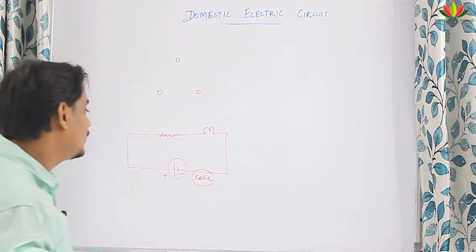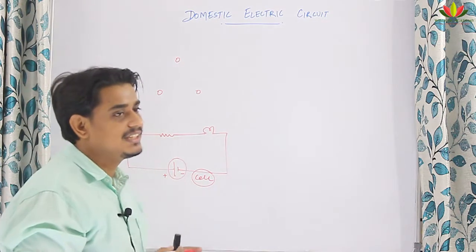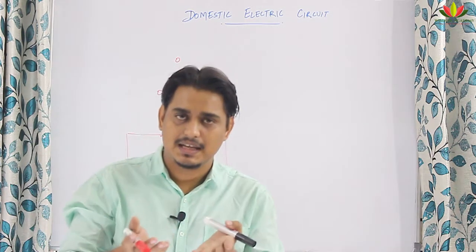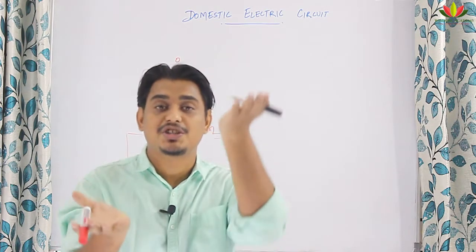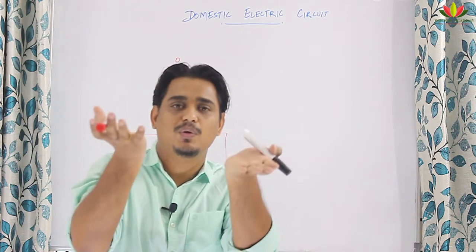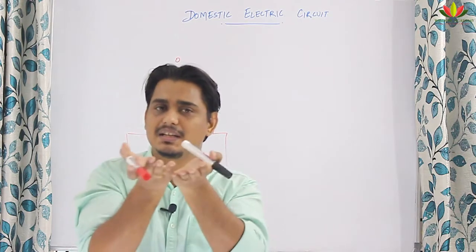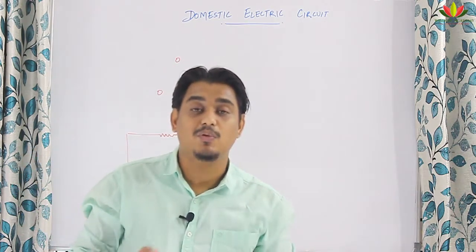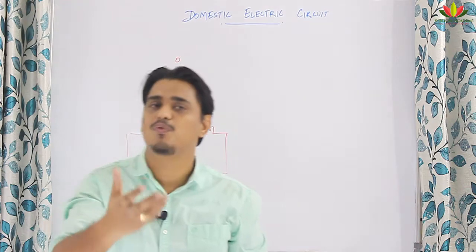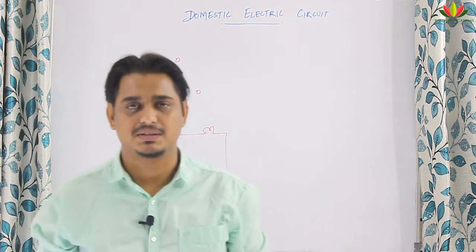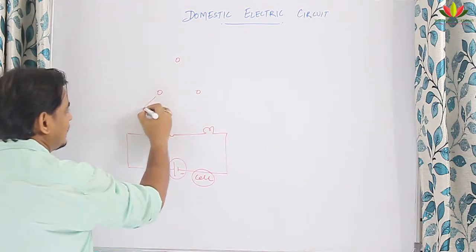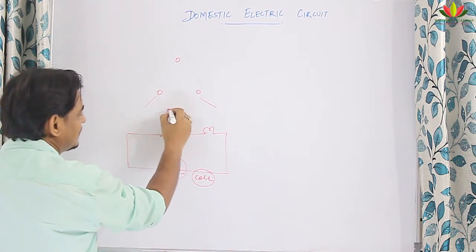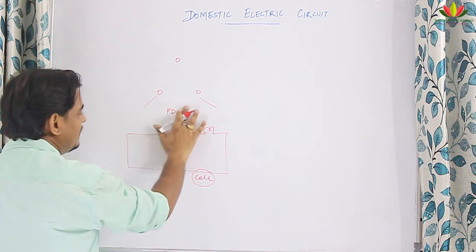Someone is thinking why we need this 220 volt. I have already told you that when you want to push the charges, we must have some potential difference. Like we have 2 containers and water is filled in both. Only if there is a potential difference, the water will flow from higher to lower. If there is no potential difference, the water does not flow. Same way, when you want the current to move, when you want the charges to flow, you must have potential difference.